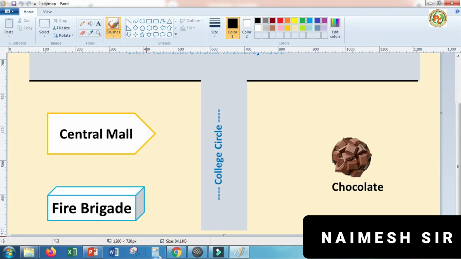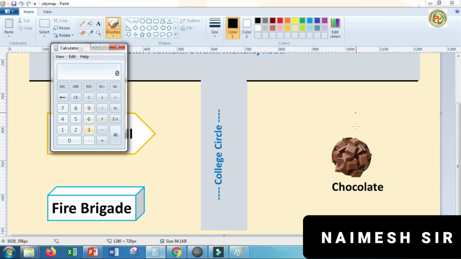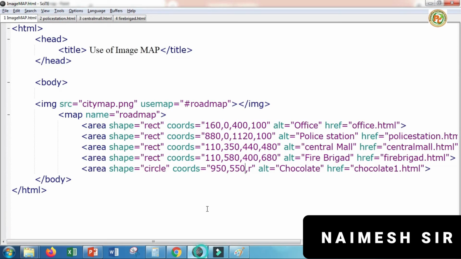How to count the radius? Here it is, I think it starts here, 901 2 3 4 5. Okay, so use the calculator here, and where it ends, here, it ends here like 1 2 3 4 5 6 7 8. So 1180 minus where it's starting, we will subtract the starting position. So it will be 900 1 2 3 4 5 6, 960. So minus 960, we can get the radius 220. Okay, so type here 220 instead of the I.